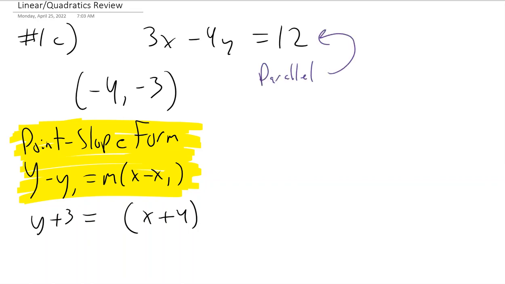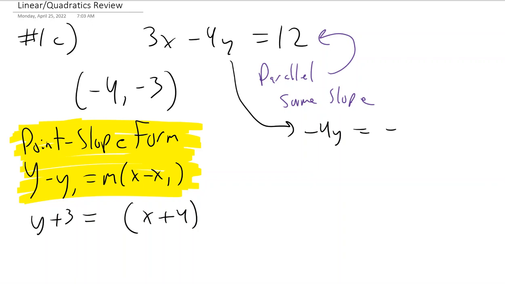So it's supposed to be parallel to this guy, and parallel means that they never touch, and the only way they're never going to touch is if they're rising or falling at the same rate. They have the same slope. So I would need to take this guy. I can't look at this and see the slope,